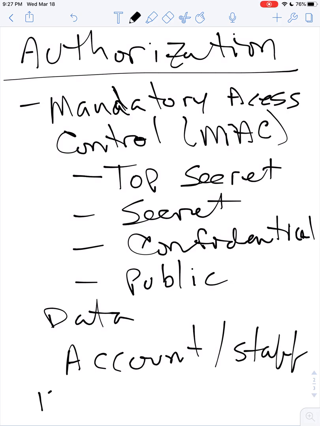And you may have also the need to know. So if the data is classified, for example, as top secret, then the account or the staff person who wants access to that data only has a secret clearance. They can't get to that data. Also, now if they both have top secret clearances, but they have no reason to know what that data, for example, maybe there's a new